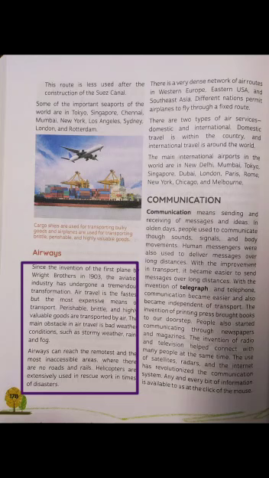The main obstacle for air transport is bad weather, that is storms, rain or fog, which delays airway transportation. Airways can reach the remotest and most inaccessible areas where no roads and railways can be built. If no road transport can be built, then airway is the best way of transport.